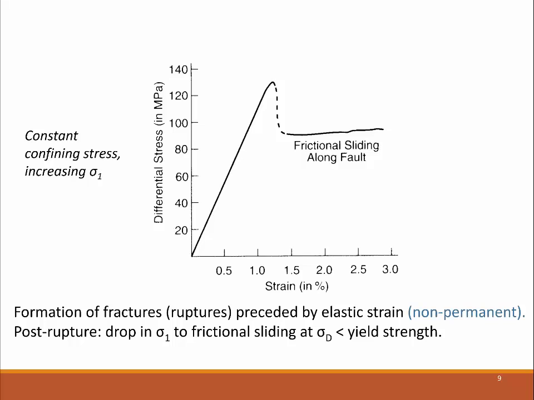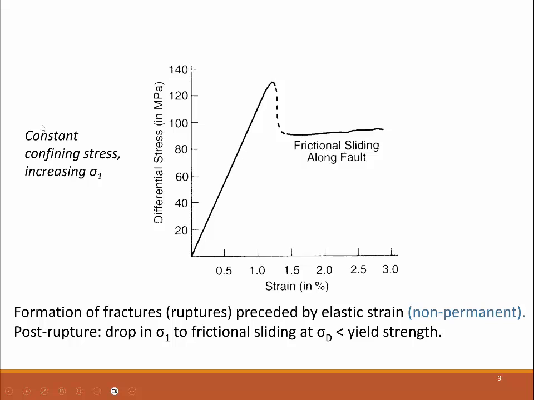Here we see how the results of strength tests of deformation experiments are recorded. They usually record the amount of differential stress that is required to achieve a certain amount of longitudinal strain along the axis of our cylindrical samples that we just have seen. Here on the y-axis, the differential stress, so the difference between the largest and the smallest stress, is recorded, and normally these deformation experiments are carried out